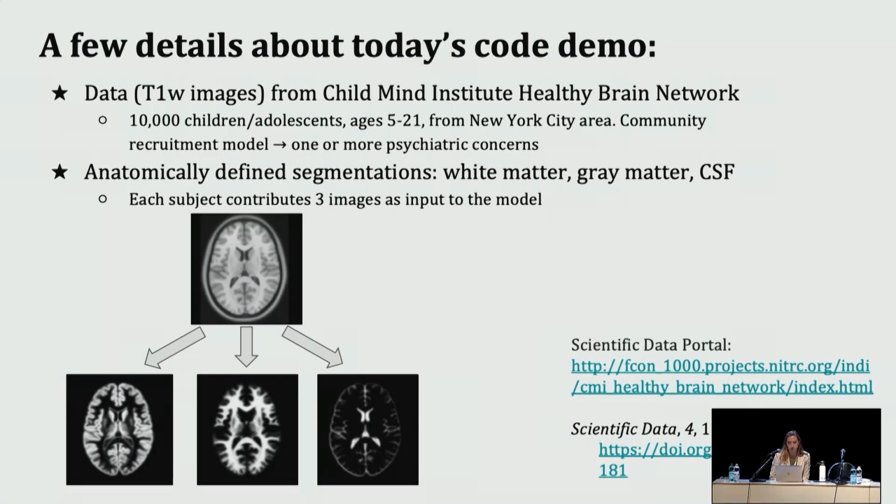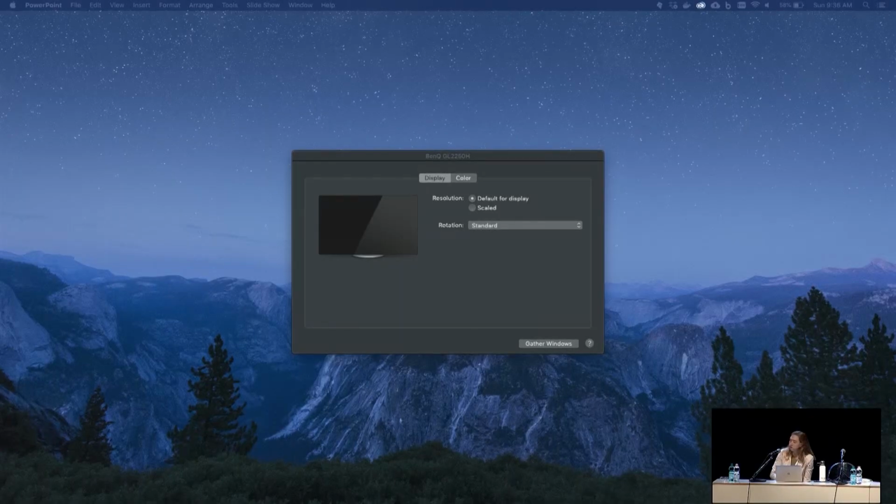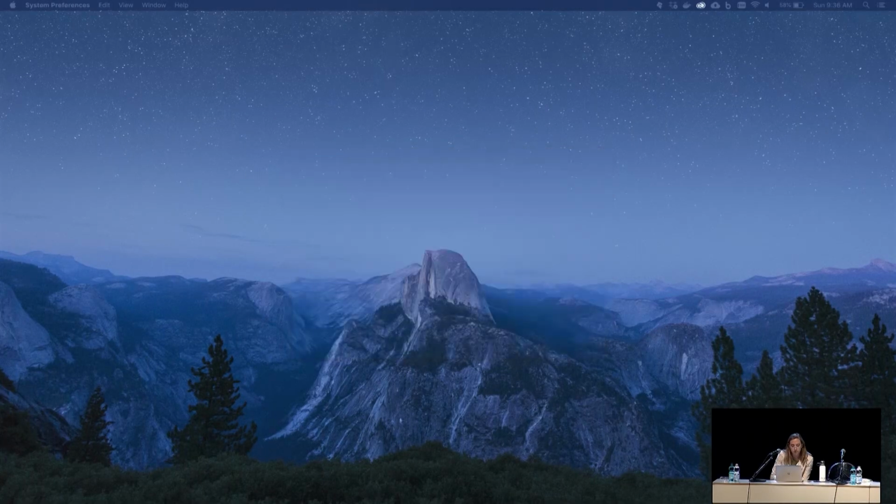Okay, I'm connected. Oops. Maybe if I end this. Okay. Display. Trying to get it so that you can see my code.